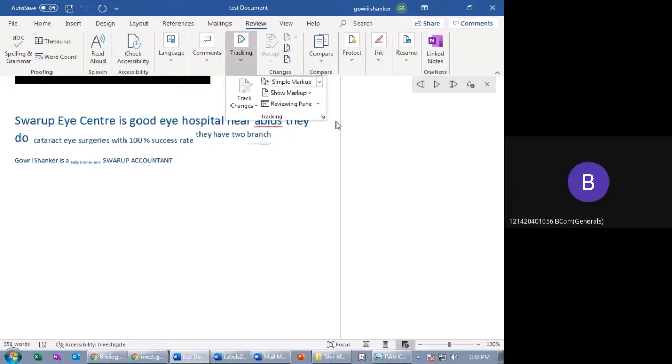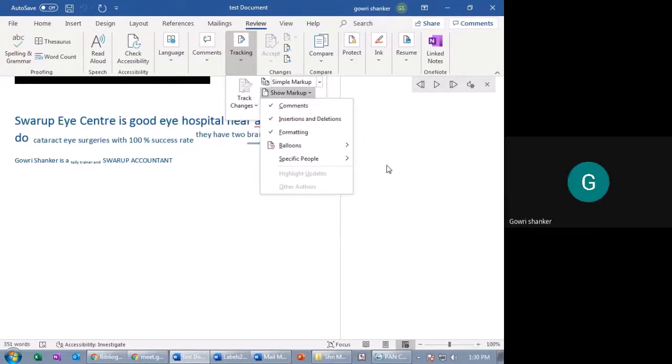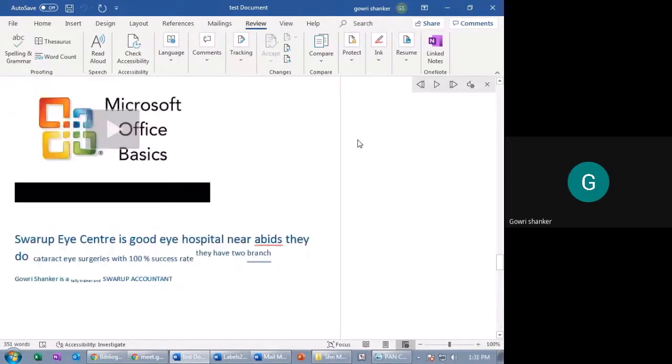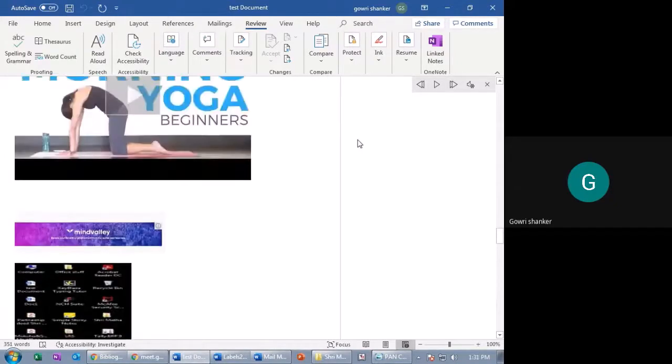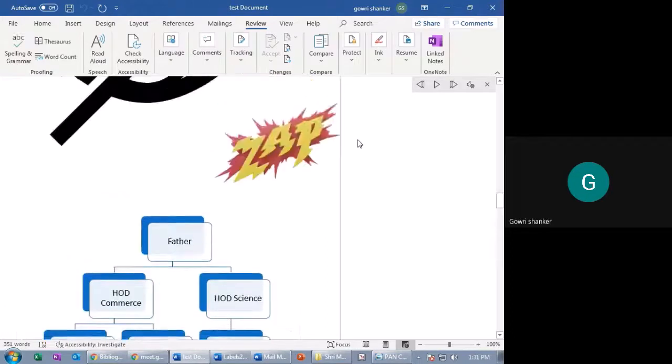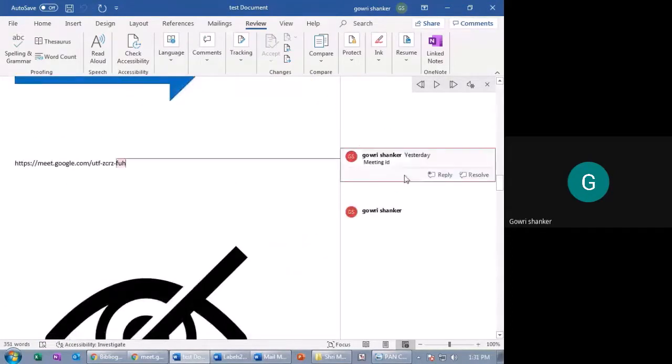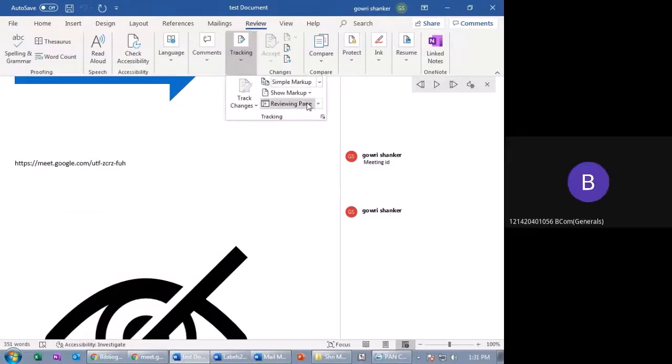And Show Markup is like, for example, I want comments. You can see here I have given comments also. Where is it, for this or this, I have given comments. See, here I have 2 comments, right? If I click Show Markup and uncheck Comments, the comments will be hidden from here.